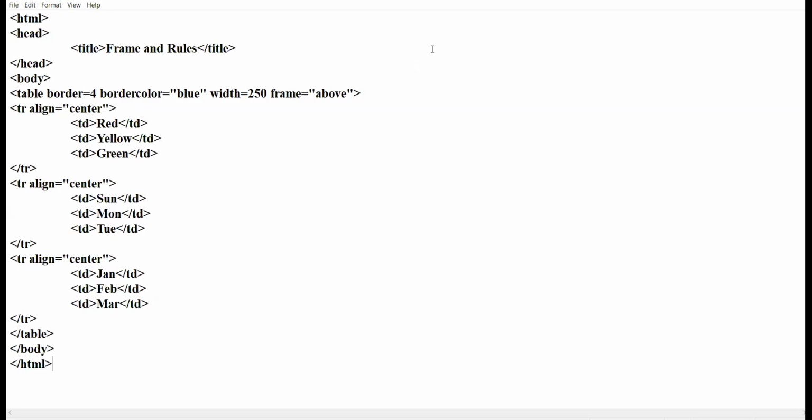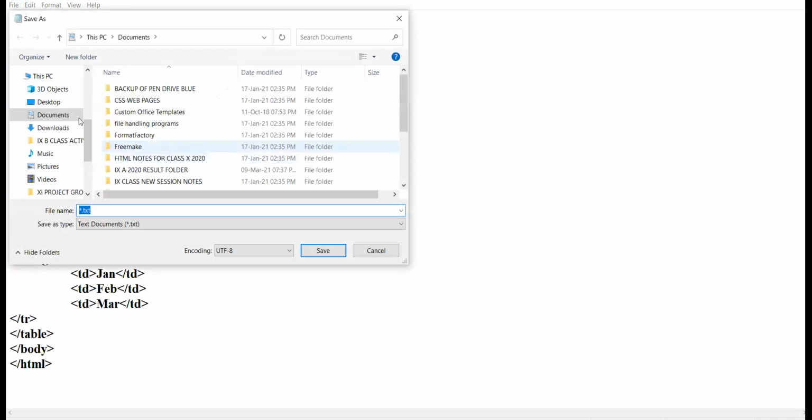Clear? Now, the entire data of the table is centrally aligned. I save this file as frame 10th A dot HTML.